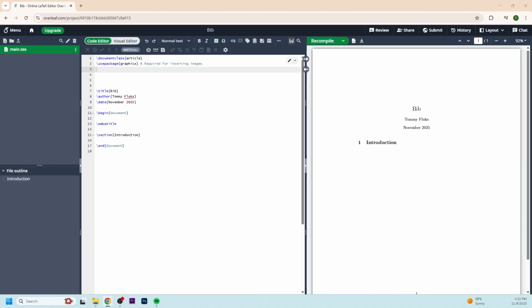How to add BibTeX in Overleaf LaTeX, aka how to add a bibliography in LaTeX, BibTeX. For this, the first step that you need to do is